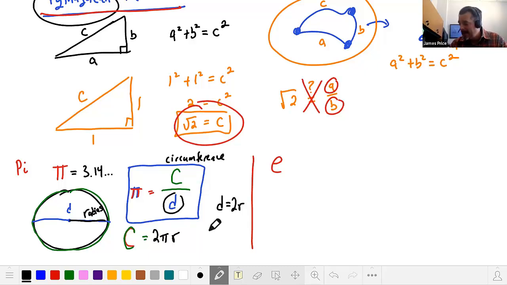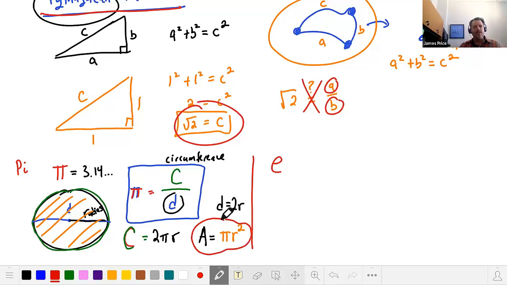Another great formula to know about circles is how do you find the area of the circle? So a circle has area, has space on the inside. How do you find that space? How do you measure it? Well, it's pi r squared. And I'm not going to go into where that actually comes from, but if you want to Google that, there's some great YouTube videos out there showing you where this actually comes from,